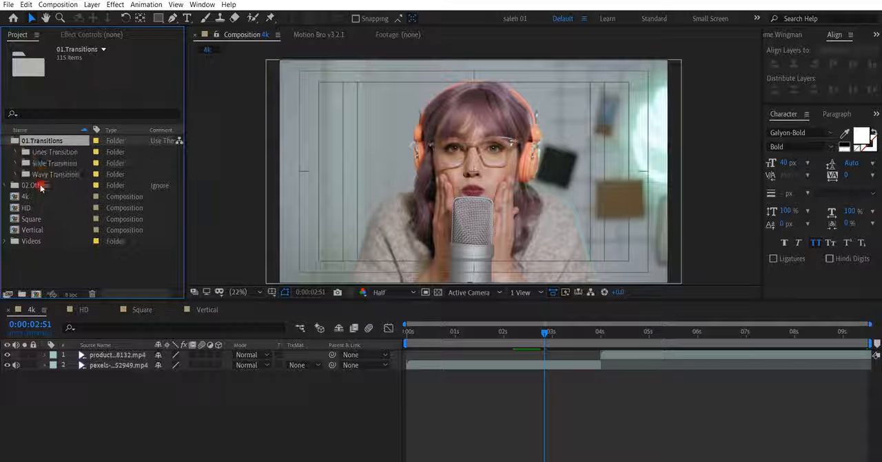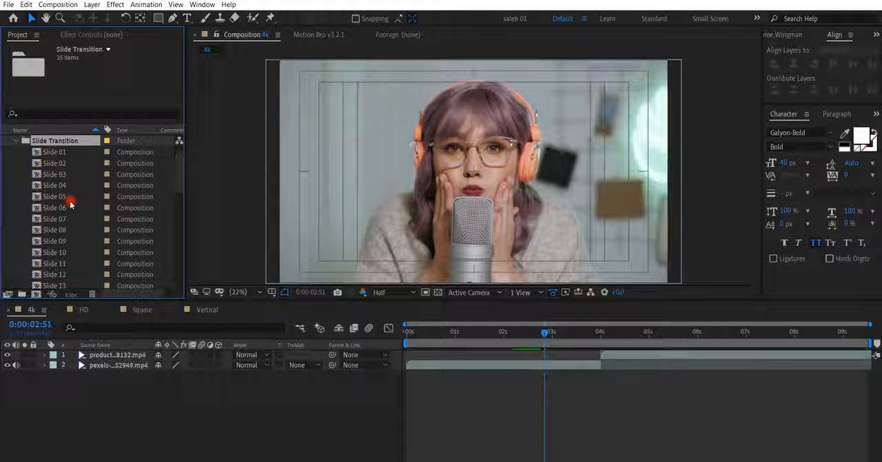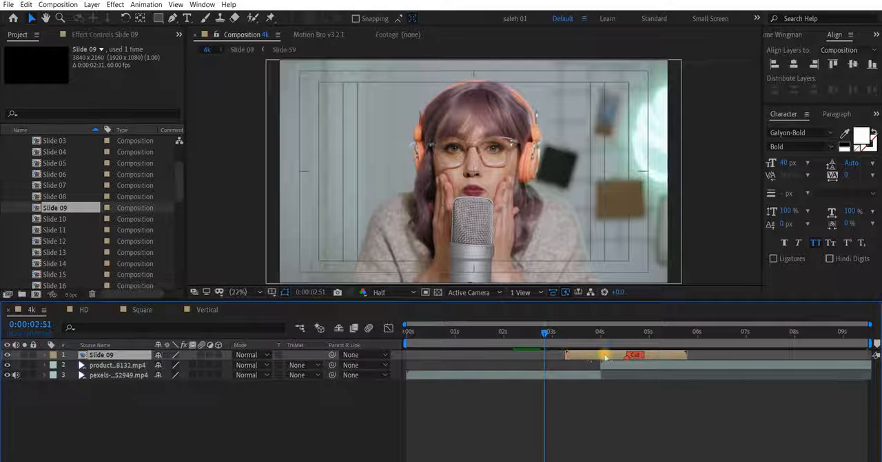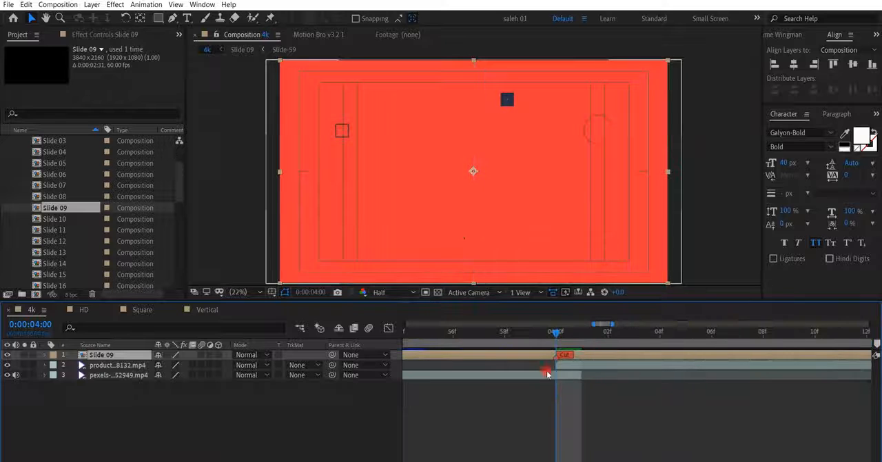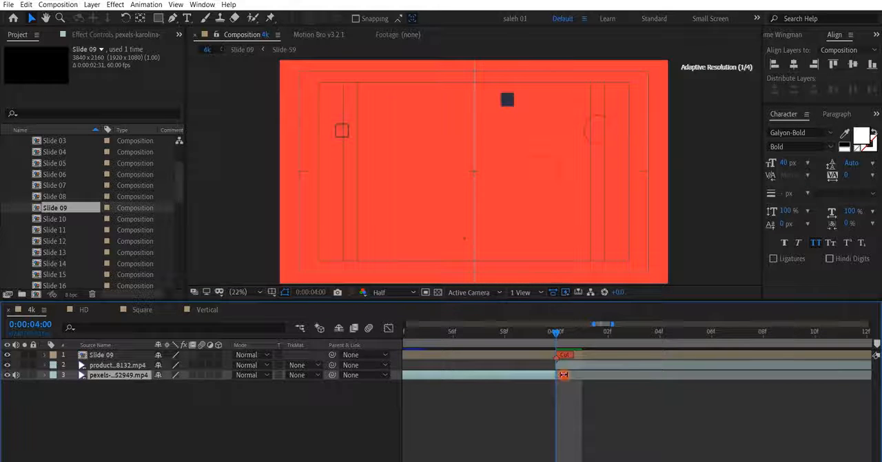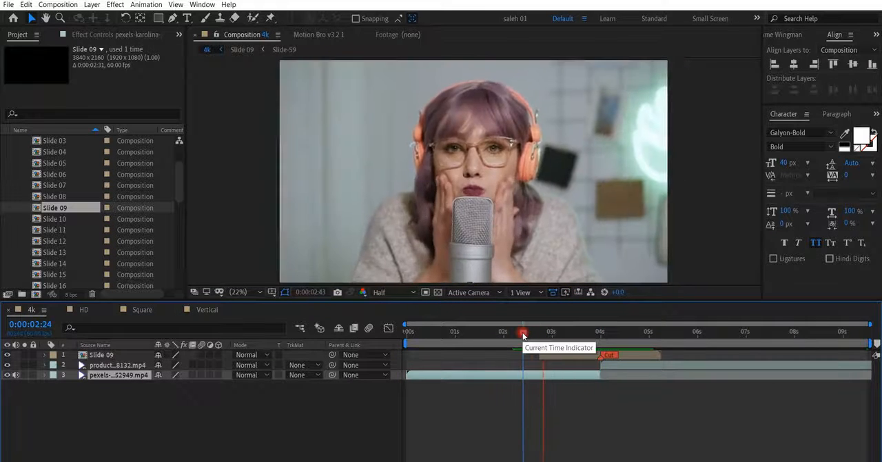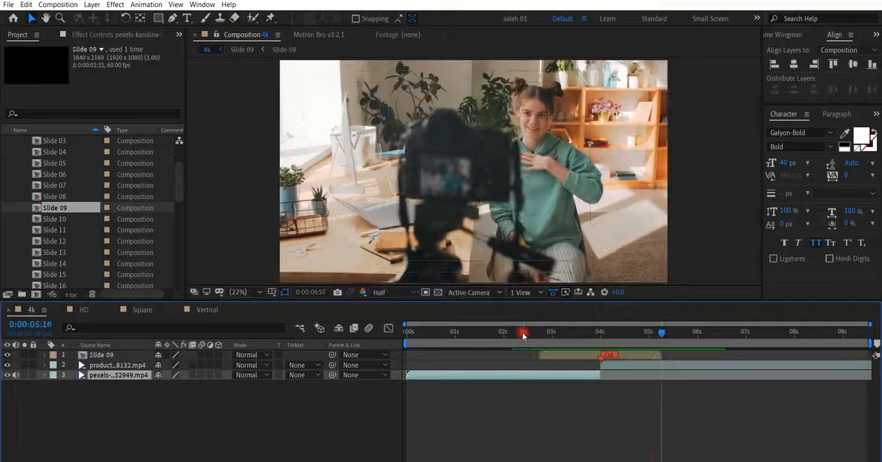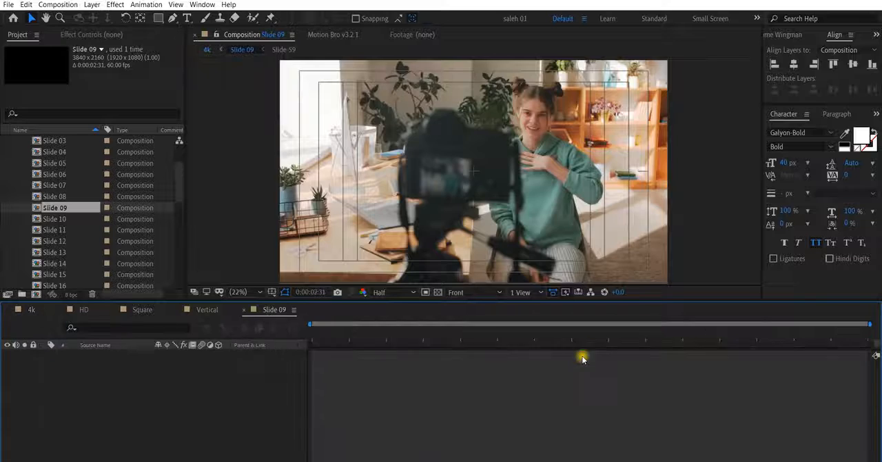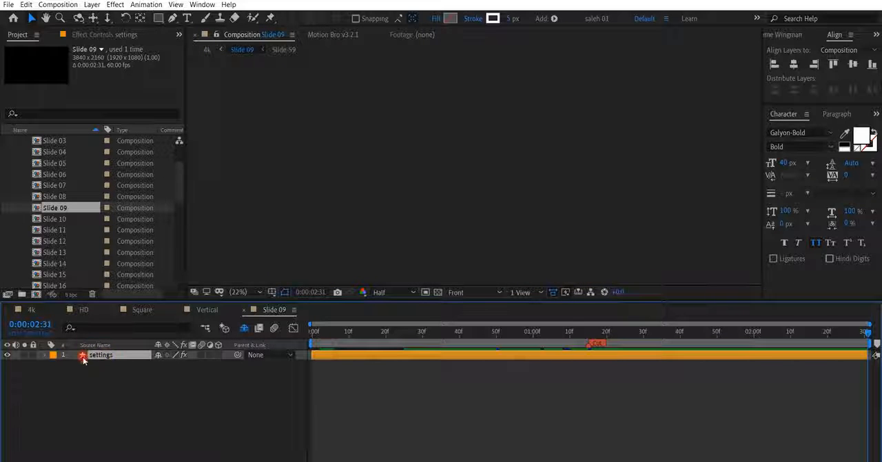Here in transitions, you go in one of these categories. For example, you go to slide number 9. Make sure to match the cut. That's it for 4K. Also, you can go in the composition, select the setting layer,